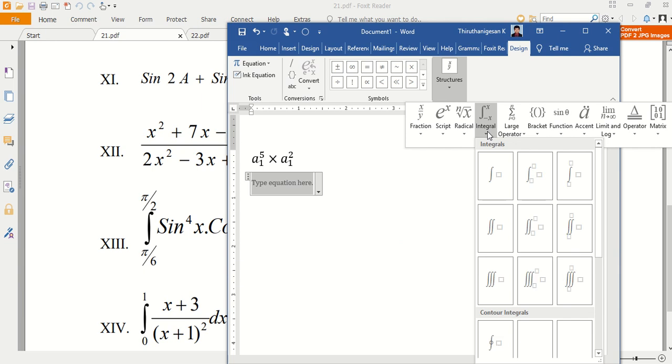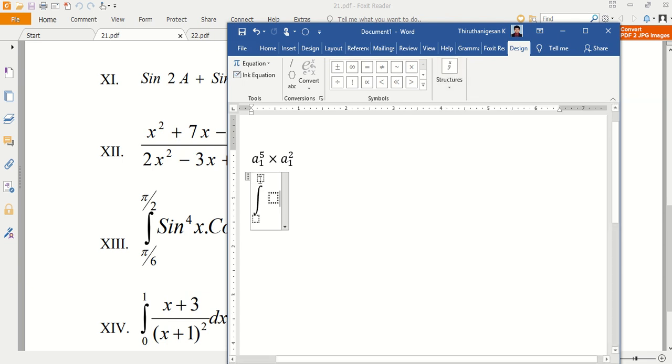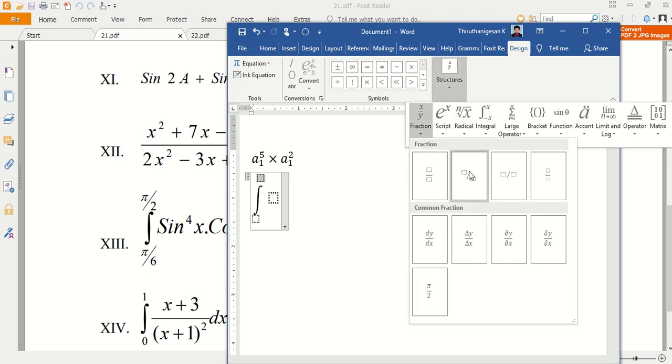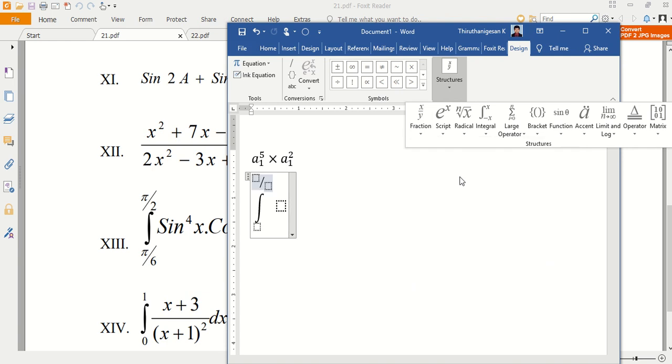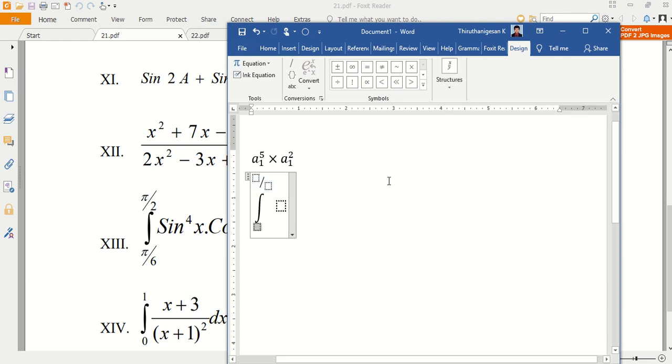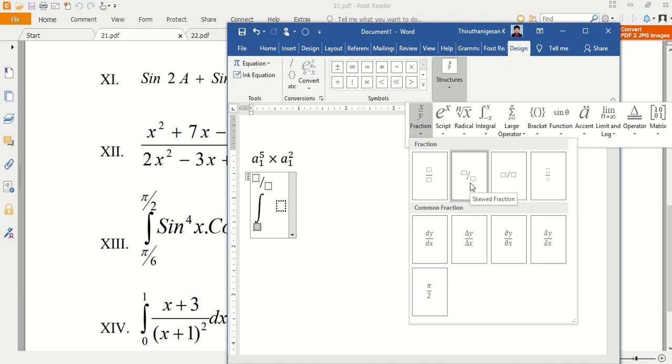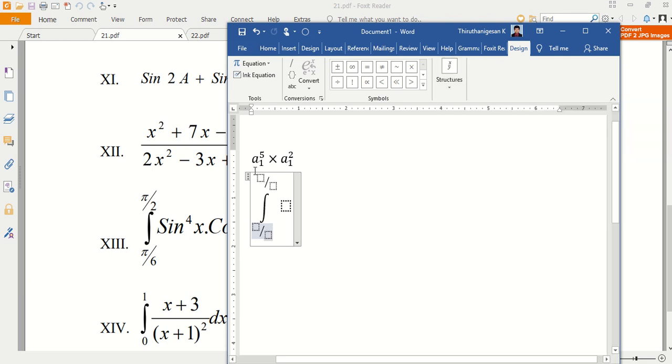Here I want that integral, so I have taken it from here. This is the suitable one. Then inside the integral I want these. First you want to develop the structure of the equation.